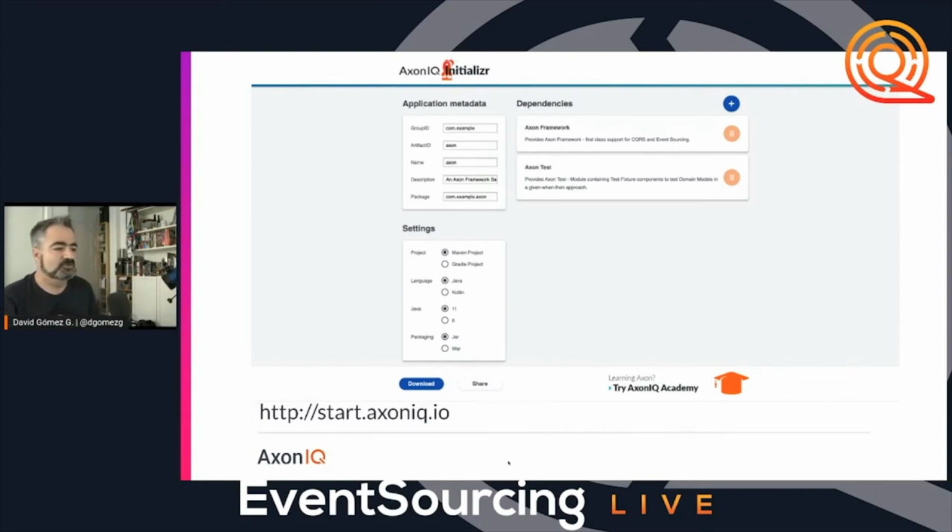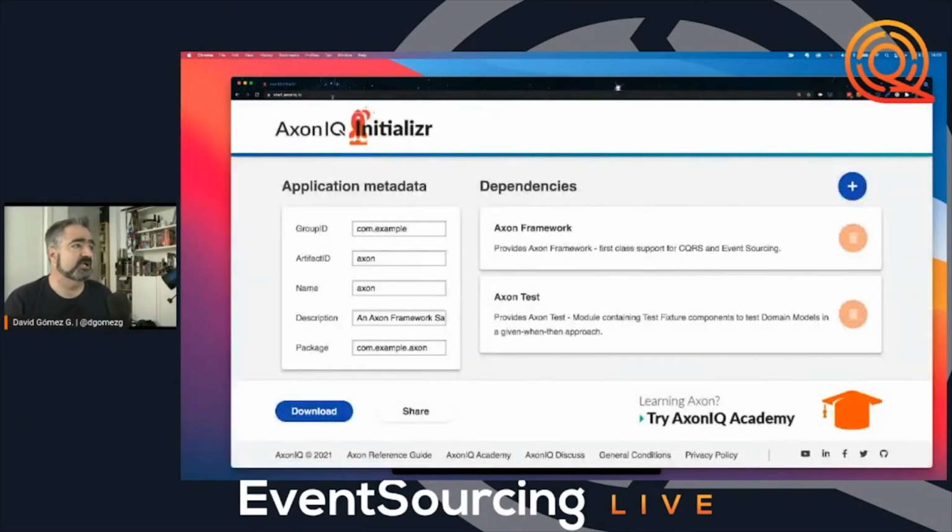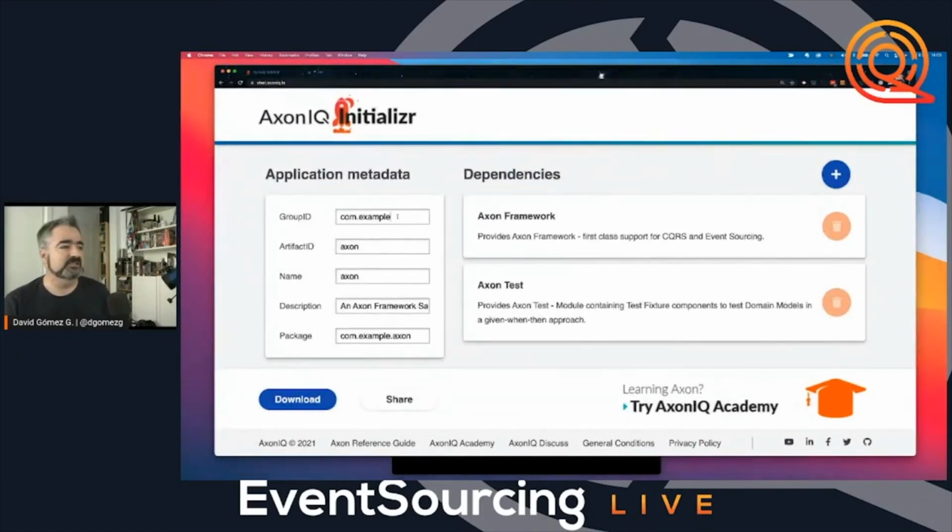We are going to go to start.axoniq.io, and we are going to get started with our project. Let's do it. So I'm going to point my browser to start.axoniq.io, and then the next thing that I need to fill is the group ID for my project. In this case, I'm going to use io.axoniq.EventSourcing, for example. And then the artifact name will be bike rental,